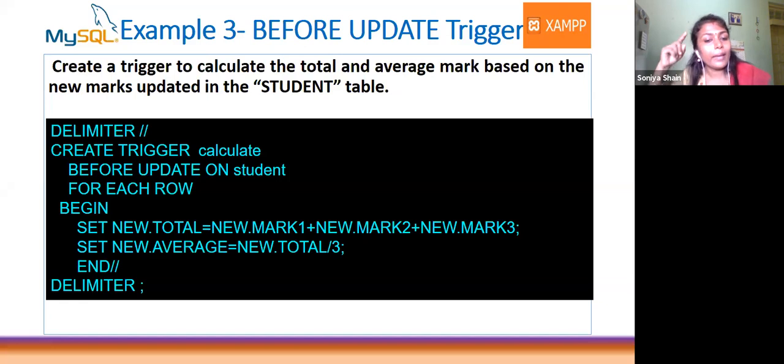Earlier it was based on the 90, 90 and 90, so 270 mark will be there. On updation, if one mark becomes 100, it won't change automatically, the total has to be changed. So we have to write the code for that. It has to become 280: 90, 90, 100 means it has to become 280.